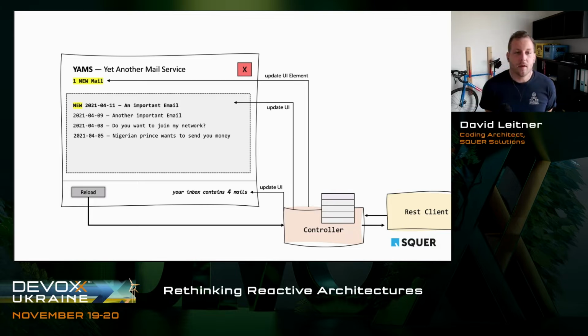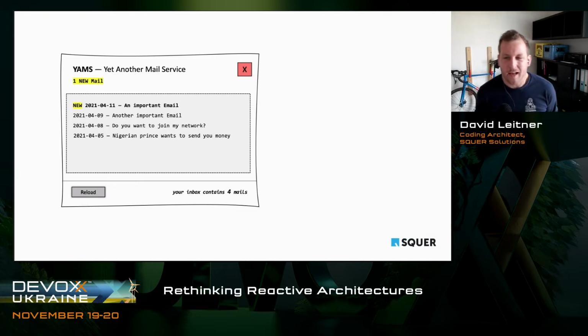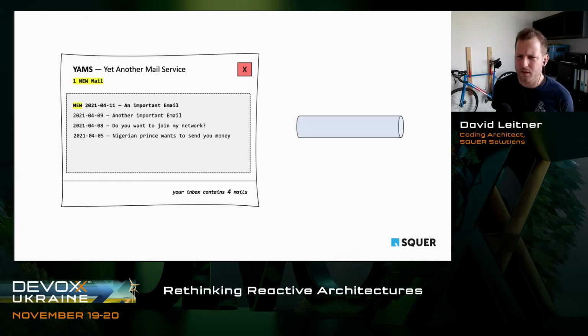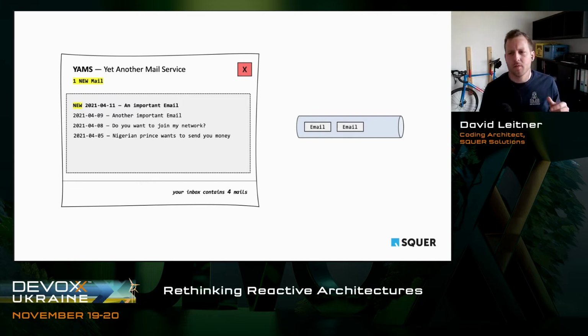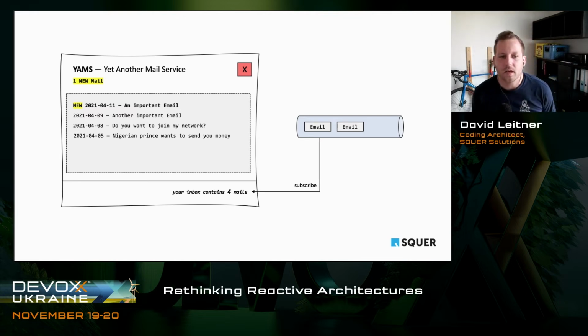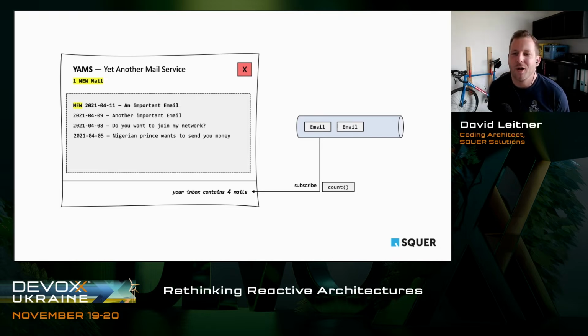Well, if we would implement this very simple scenario in a reactive way, then first thing, we wouldn't need a reload button, right? Because we would have kind of an event stream. And this event stream would basically, I guess, contain our emails, right? So all the emails we have pile up there, right? And what we basically do is we just subscribe to the stream. So we don't ask it for data anymore. We subscribe to it. So we tell it, hey, whenever something changes, please let me know. And for example, in this counter, we would basically just make a subscription and then kind of a stream transformation. And we would apply a count stream transformation. And based on the amount of emails we have, we would see the amount of emails on our UI, right?